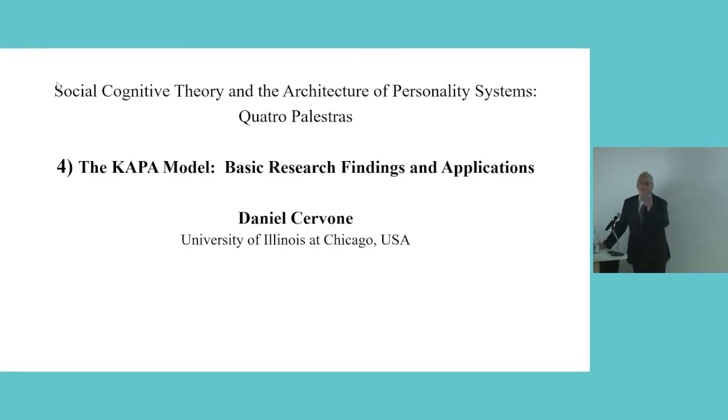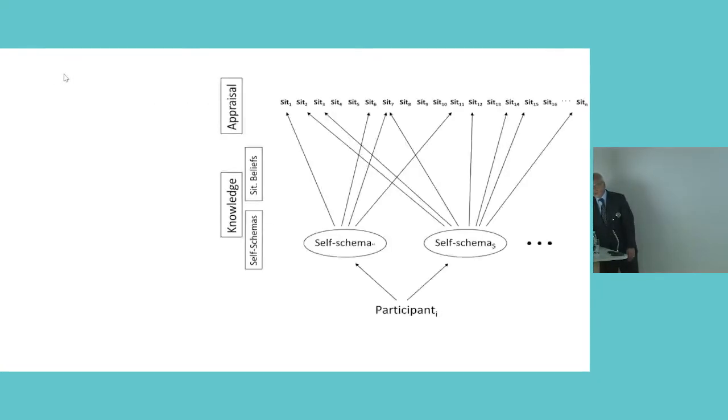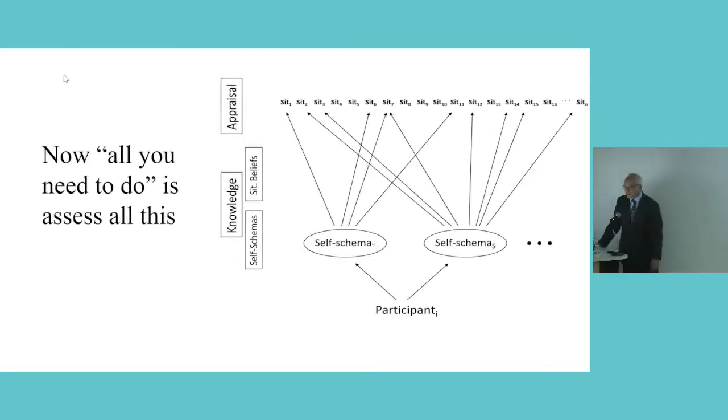And so I will at some point be pointing at research findings and won't be able to recreate precisely what happened off the top of my head in that study, which is what you're supposed to be able to do when giving a talk. But if I did that, I would have been up all night, and then if I described the methods, I wouldn't get to them. So I'm trying to point at some point at a range of applications. So under the assumption that you've seen one or more of the previous talks, now all you need to do